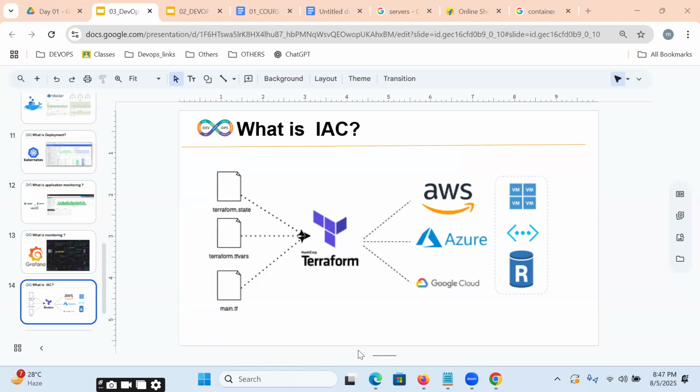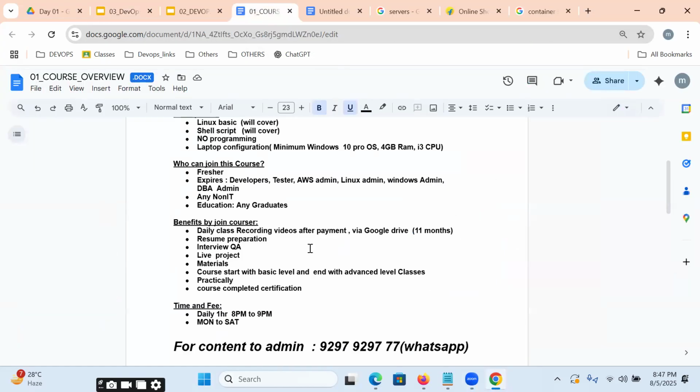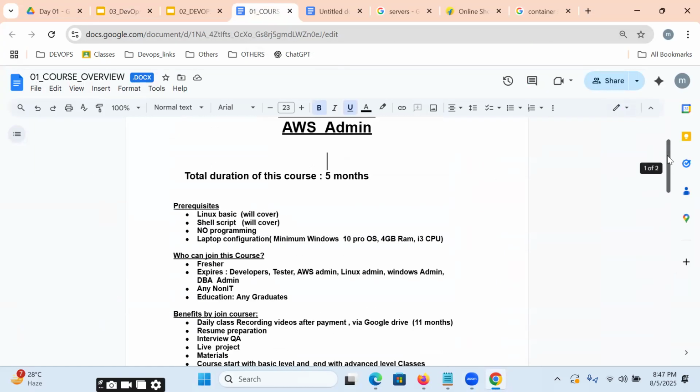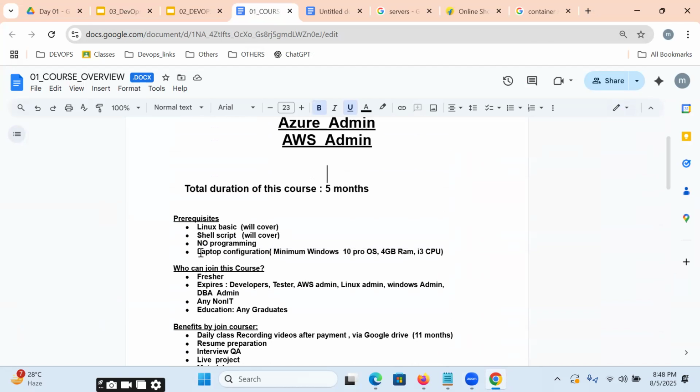For the practicals of this course, do we need to do it on our own laptop, or will you provide an environment for the practice? No, our environment is everything in the cloud, AWS and Azure. But you need to create an AWS account. I will guide you how to create an AWS account, but it will be accessed from your laptop. You need a laptop for daily practice. Whatever I'm delivering, each and everything is practically implemented in front of you, and you need to practice it on your laptop daily.